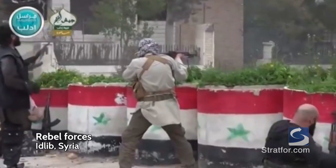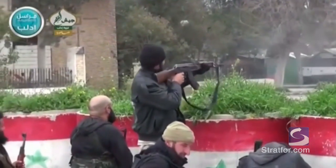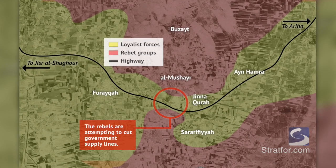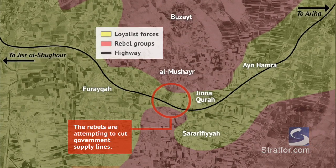The Syrian regime is pouring reinforcements into combat in an effort to halt the rebel advances in the north. This latest operation is meant to rescue beleaguered loyalist units who are in danger of being cut off in an overextended pocket projecting deeply into enemy lines, known as a salient. The rebel advances continue, but at a slower pace as the regime mobilizes its reserves and rushes forces to Idlib